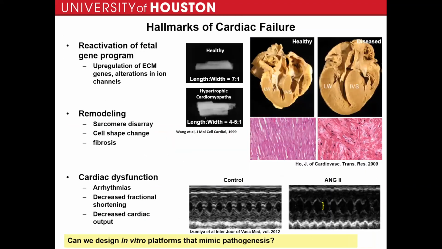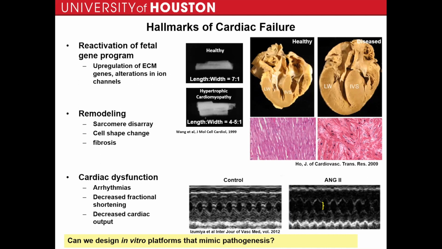So some of the hallmarks of cardiac failure is reactivation of fetal gene programs. So this would be upregulation of various extracellular matrix proteins. There's remodeling that occurs within the heart. So I just showed one image of that, where you start to see disarray within the tissue. There's upregulation with regards to extracellular matrix protein, which is fibrosis. And then ultimately you will start to see some type of cardiac dysfunction, whether it's arrhythmias or changes in fractional